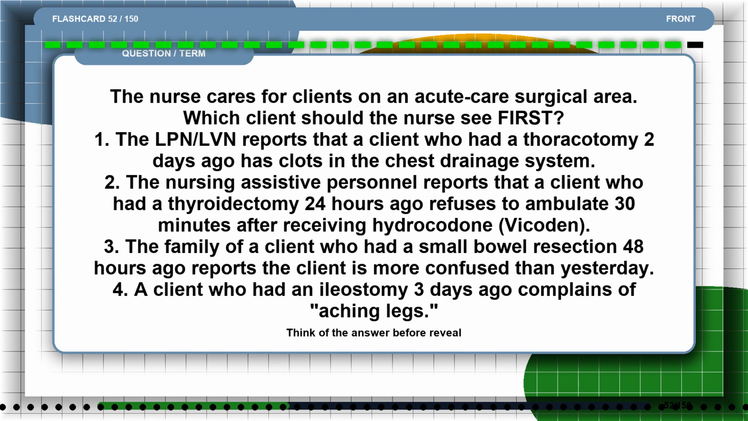Flashcard 52. The nurse cares for clients on an acute care surgical area. Which client should the nurse see first? 1. The LPN/LVN reports that a client who had a thoracotomy 2 days ago has clots in the chest drainage system. 2. The nursing assistive personnel reports that a client who had a thyroidectomy 24 hours ago refuses to ambulate